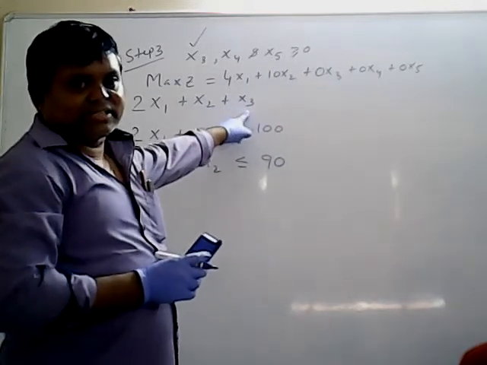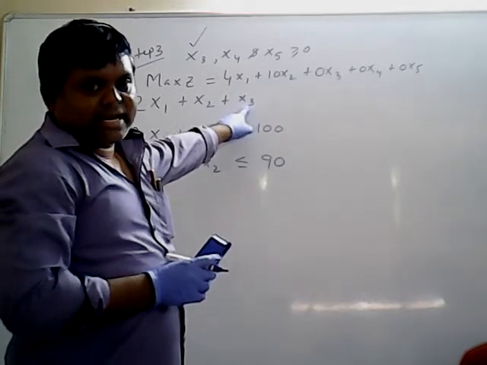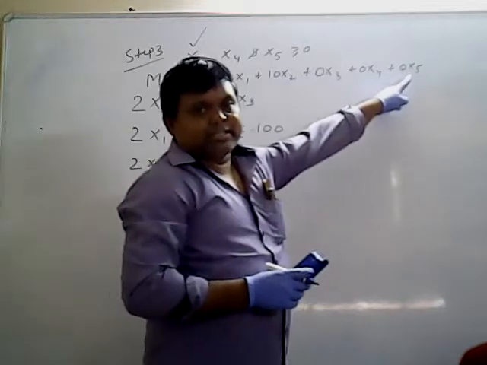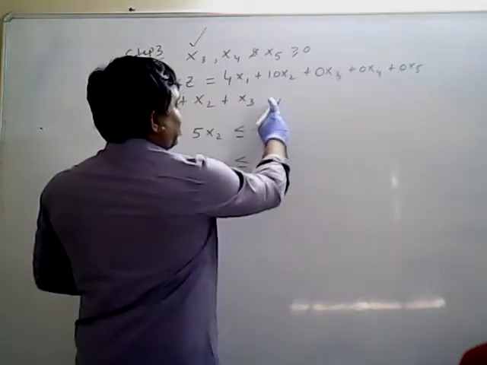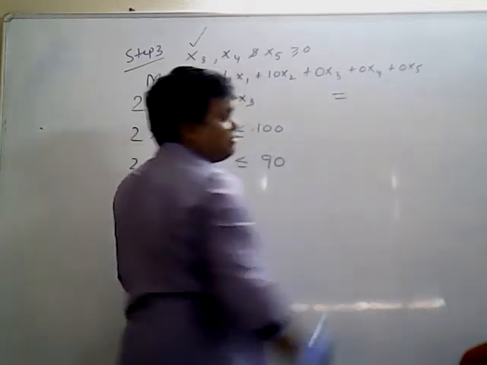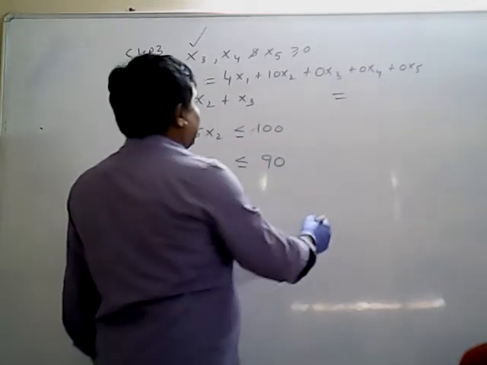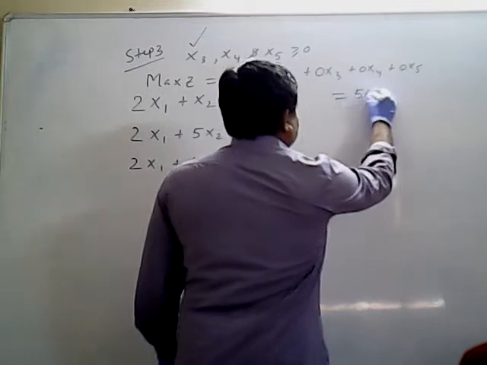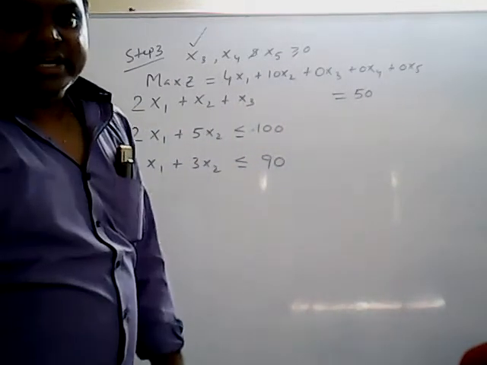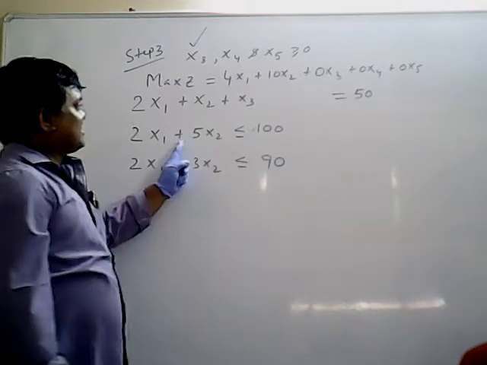Actually this first constraint inequality is less than or equal to. Now slack variable is added so that inequality becomes equal. So how many variables are there in the problem? 5 variables are there. So for variable 4, variable 5 you require space so that inequality becomes equivalent to the value. What is the value? 50. First listen carefully, after that you can write.